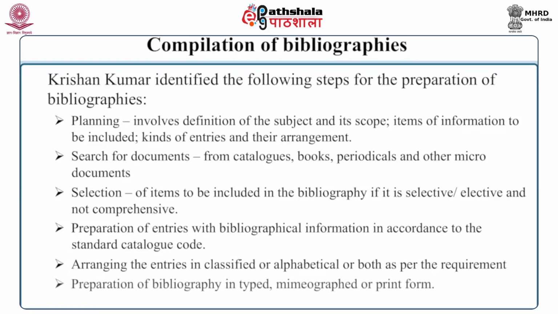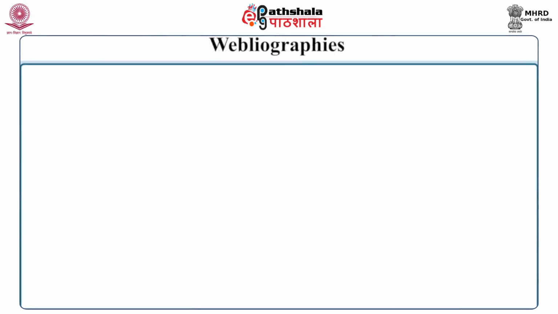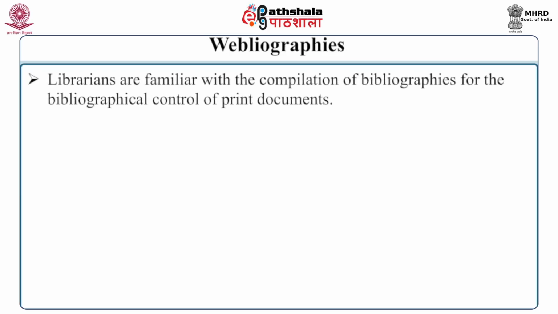will be preferred. Preparation of bibliography in typed form or in print form, but now they are available even in the electronic form. With the change in the information environment, especially the network development, webliographies have emerged. We are calling it bibliography, wherein biblio means books, so it is a list of books. But now we are depending upon the web, data on the web. So this is called a webliography. If you prepare a list of websites available on a particular subject, or by a particular author, or of a particular region, or by a particular publisher, then these are called